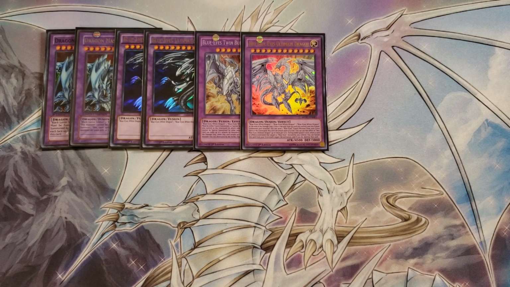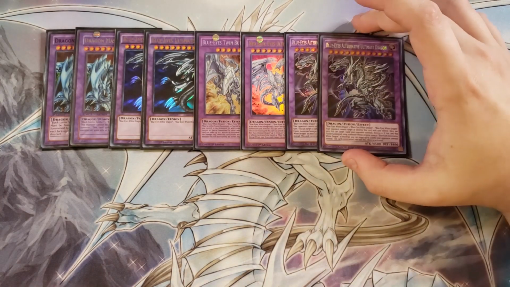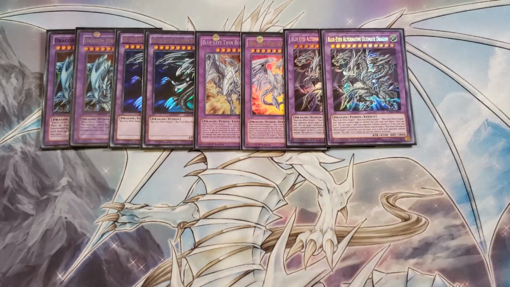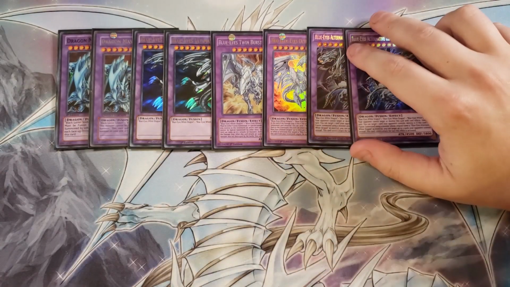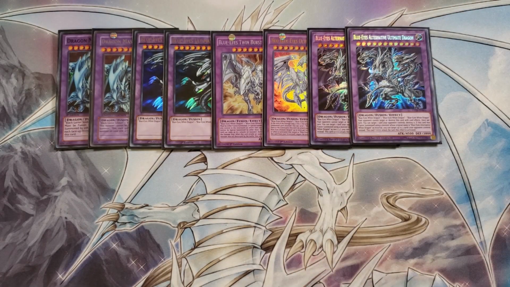We played 2 copies of Blue Eyes Alternative Ultimate Dragon. Blue Eyes Alternative Ultimate Dragon is a great alternative boss monster in this deck if you want to summon it. This card is really hard to out, and a lot of people overlook this card as a really good boss monster for Blue Eyes. It has the ability that your opponent can't target or destroy this card with card effects,